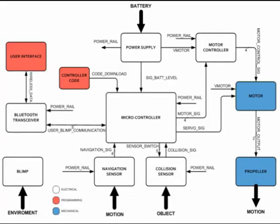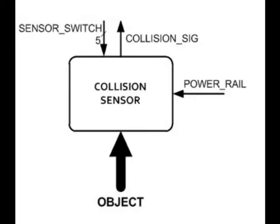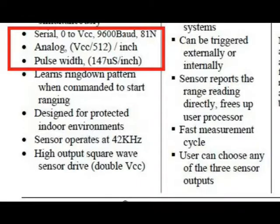Thanks, Cyrus. And you're definitely right about those sensing capabilities. As you can see from our block diagram, the design of our blimp was split into 9 main sub-blocks. The blocks responsible for most of the sensing capabilities of the blimp are the navigation and collision blocks. The collision sensing is done using 5 separate LV Max Sonar ultrasonic rangefinders by Maxbotics. These sensors have a few different output capabilities, UART, analog, and PWM, but the output most relevant to our design